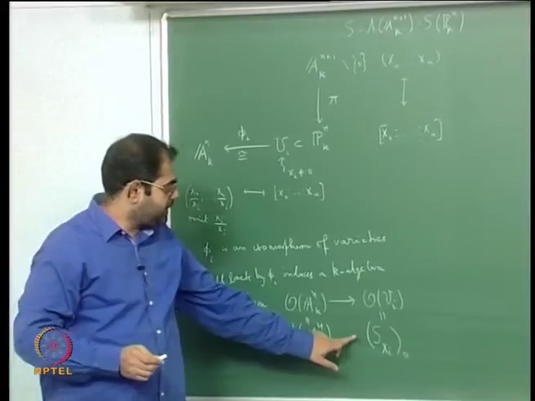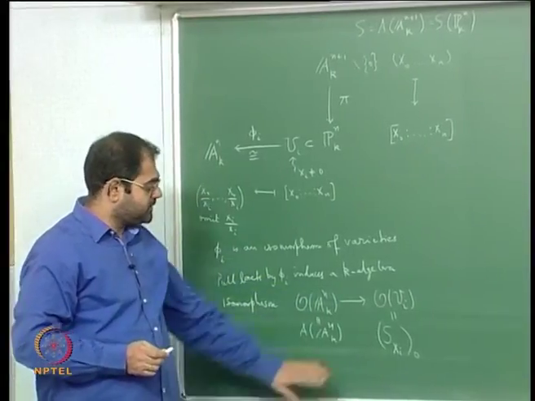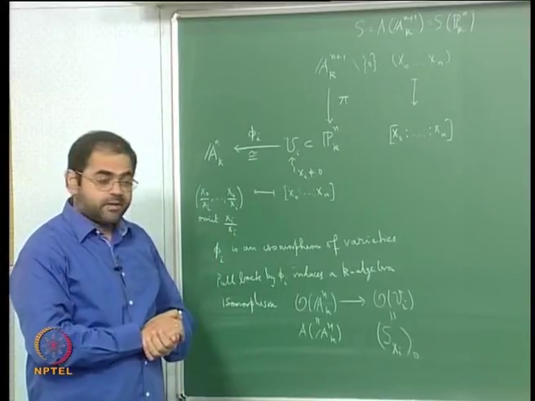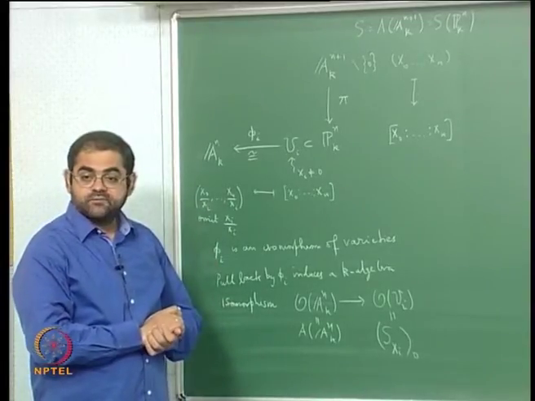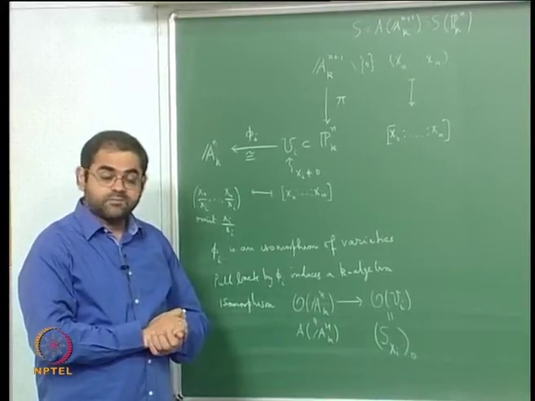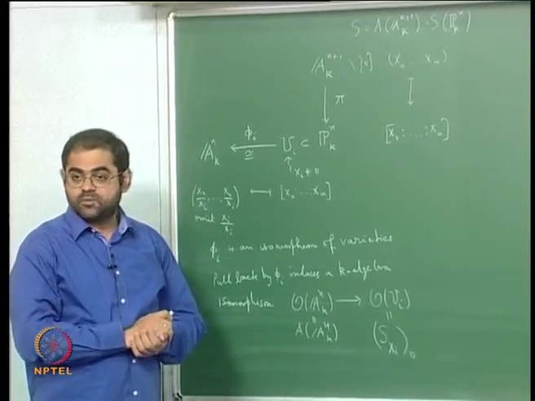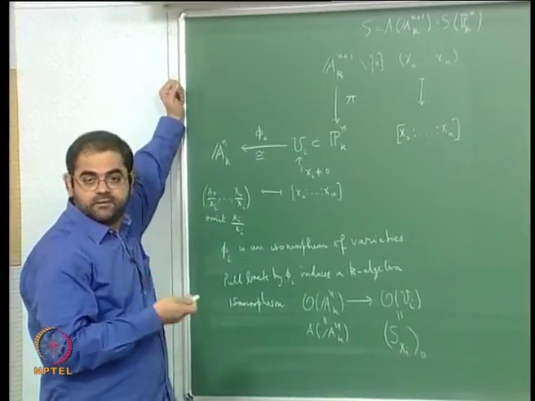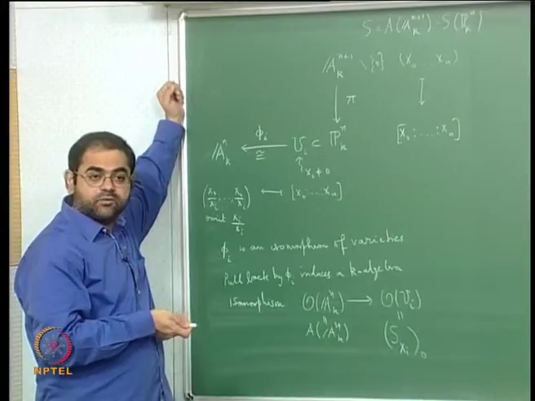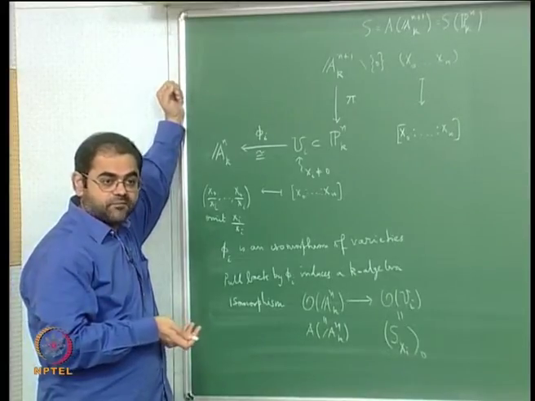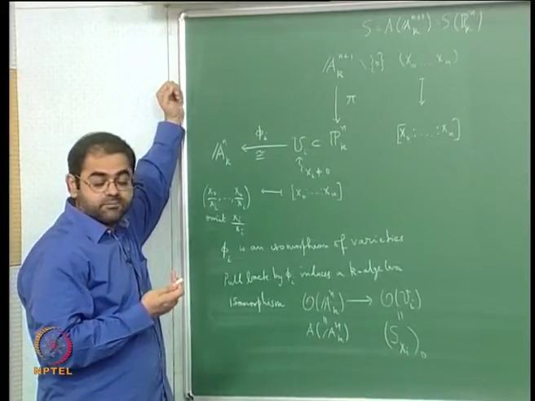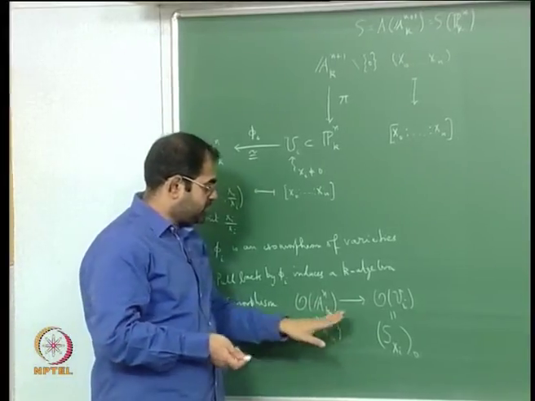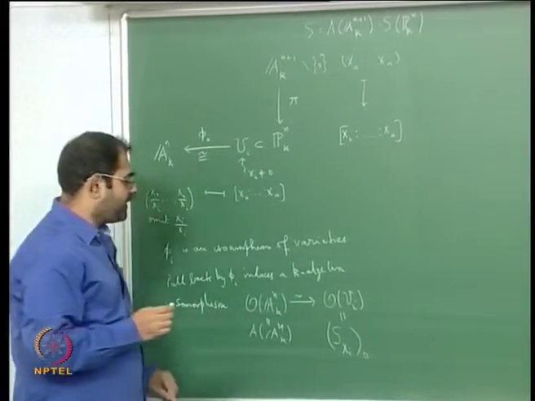So this is the ring of regular functions on this open subset of projective space. Mind you, on projective space a regular function is defined as something that is locally a quotient of homogeneous polynomials of the same degree, whereas in affine space a regular function is simply a quotient of two polynomials. Of course it is supposed to be defined where the denominator polynomial does not vanish. So this is this isomorphism, and in fact